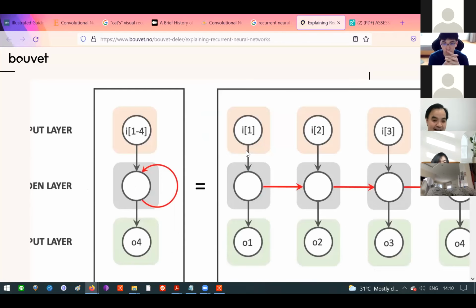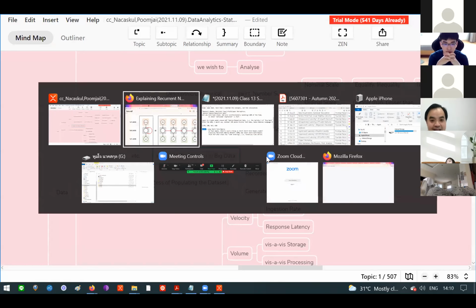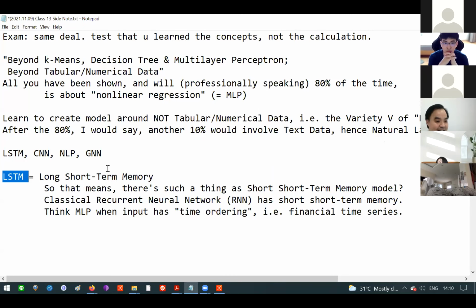But instead of saying that the previous period has an output and then comes back, becomes an input, you have a different loop, a loop that says sometimes you don't want to remember the previous, sometimes you do, sometimes you want to add to the memory. So this is very complicated, and this is called the long short-term memory model. Okay, so the only thing that you have to understand is that